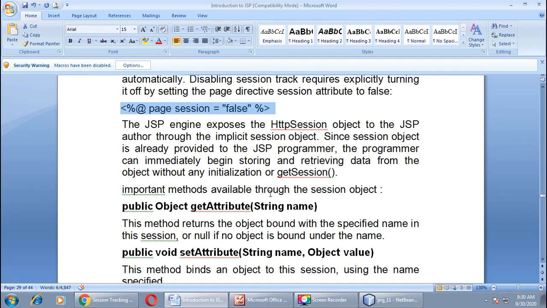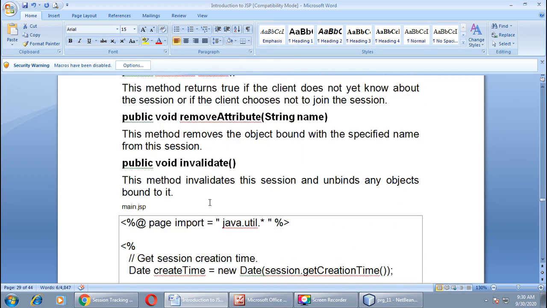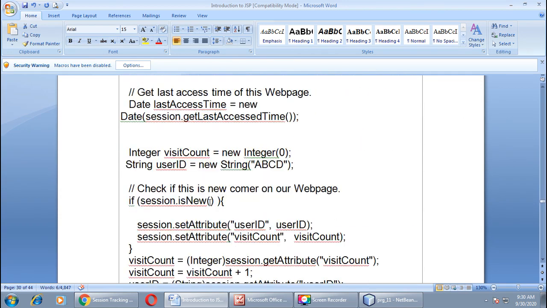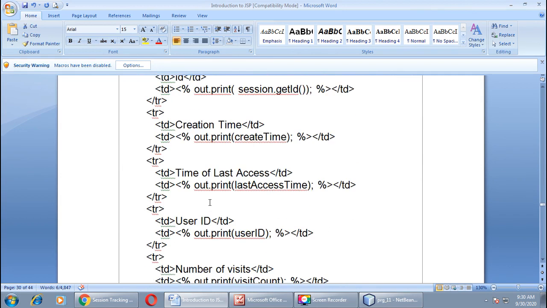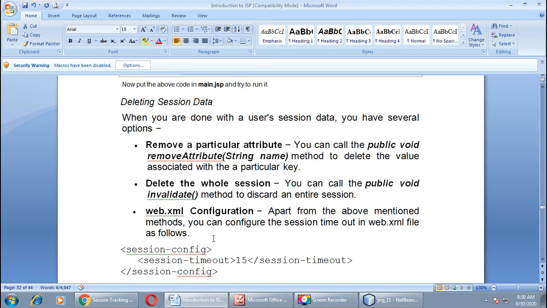If you are not doing this, it will automatically create one session for your web page. So whatever session is created for the first time, second time, third time, you can delete with the help of any of these methods. The first one is removeAttribute, the second is the invalidate method, and the third is that you can set the session timeout in your web.xml file.